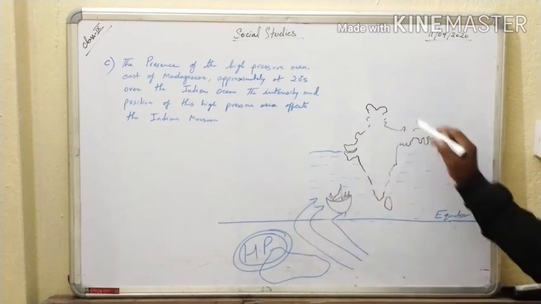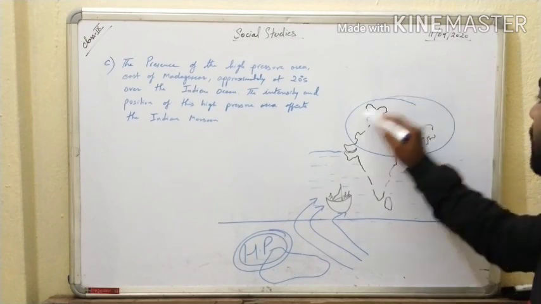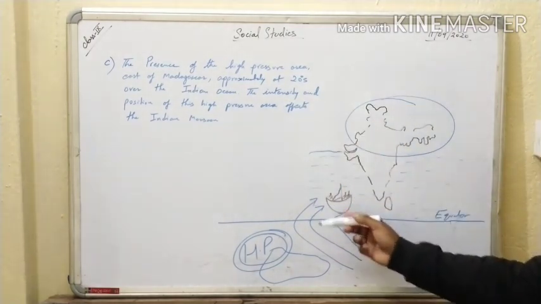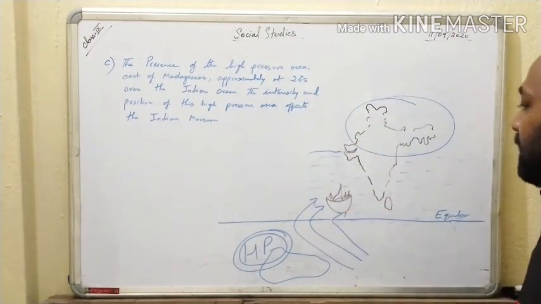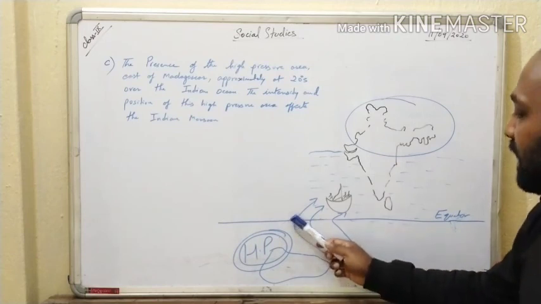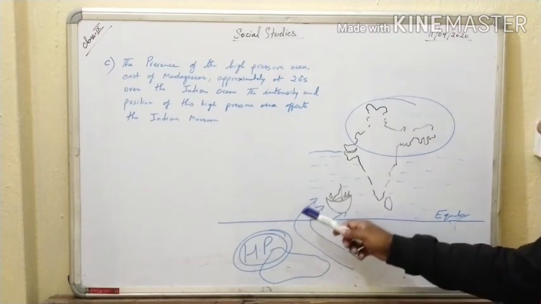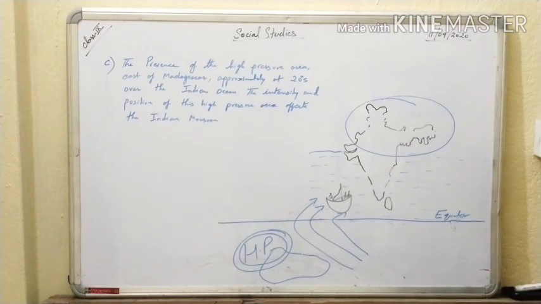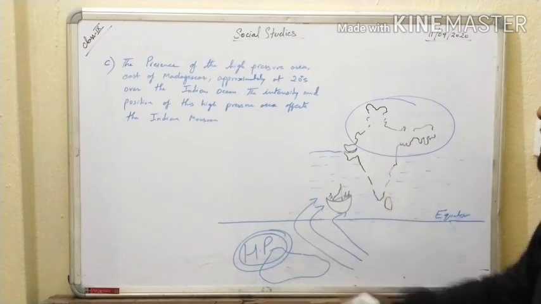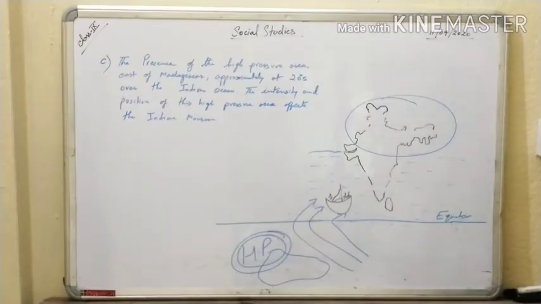Why? Because the low pressure area which is created out here during the summer season is higher in comparison to the equatorial region. So this wind which was moving towards the equator, when it crosses, gets diverged towards the Indian subcontinent. At this time the high pressure belt which is created towards the east of Madagascar affects the Indian monsoon. Now apart from this there are other factors also that influence the Indian monsoon. Let us understand those factors also.